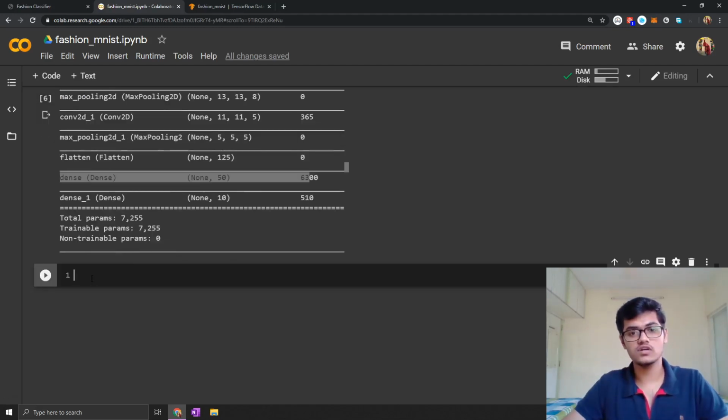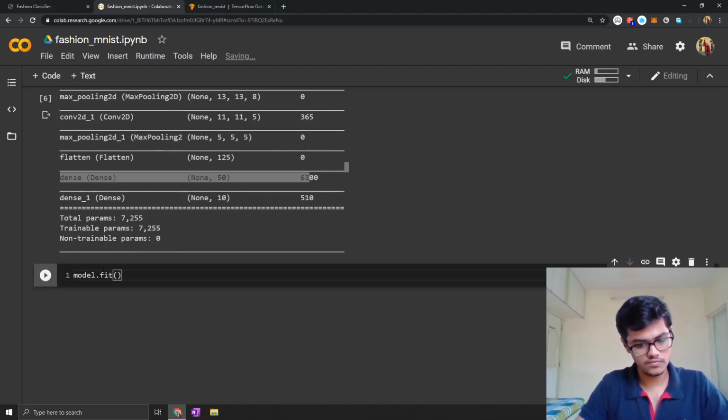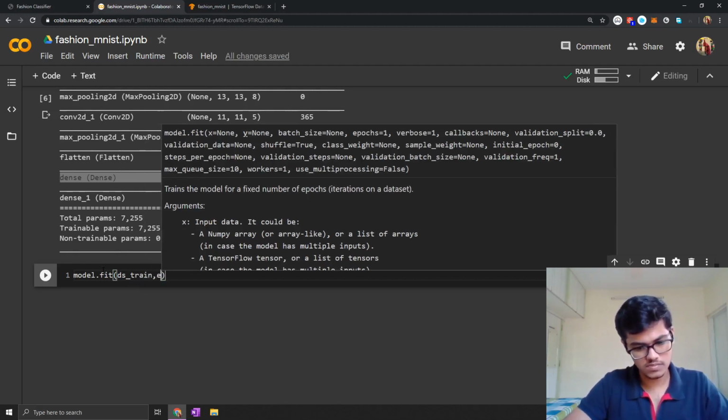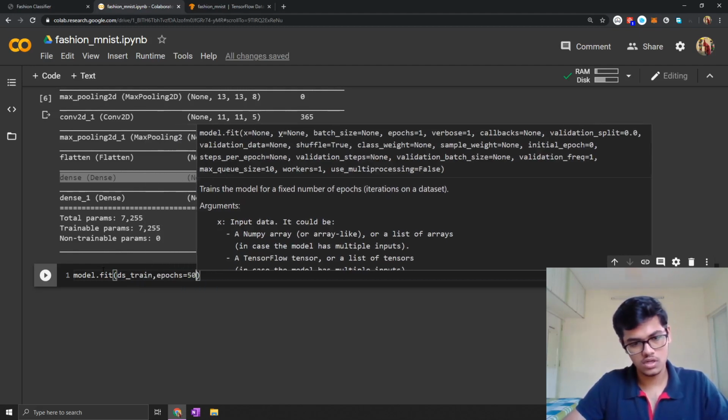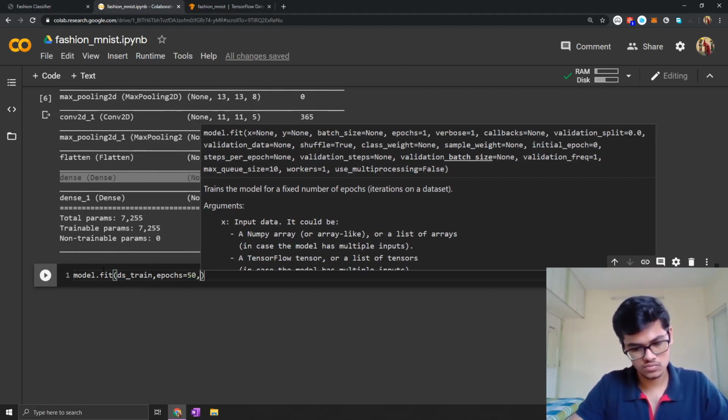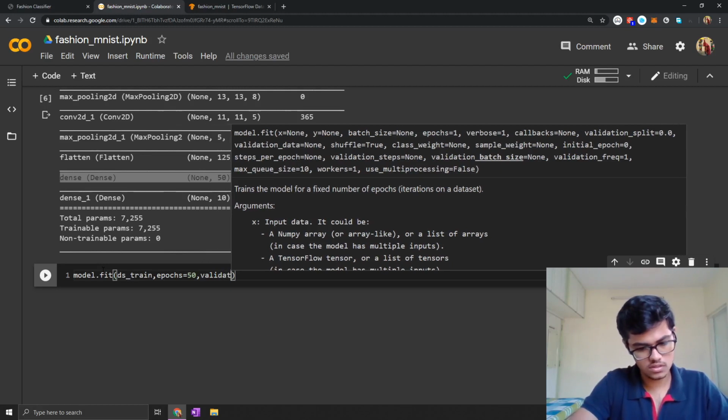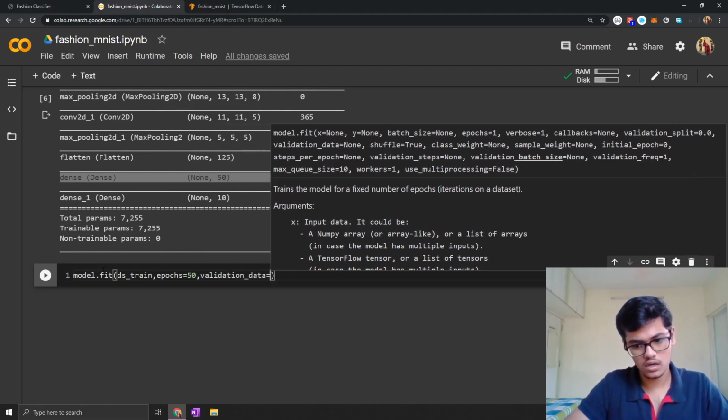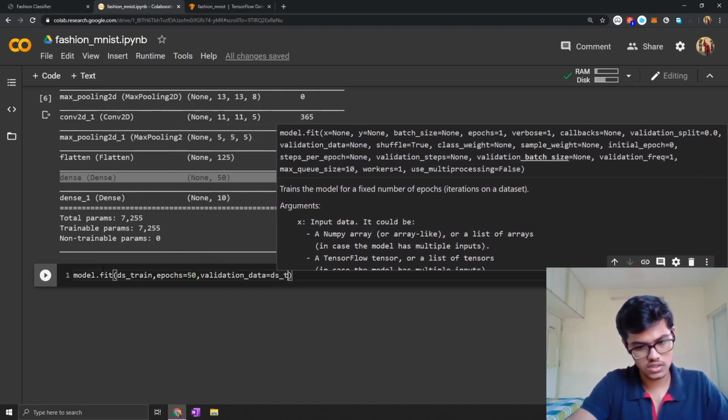Okay, so now we will actually train the model by using the fit method. First we will pass the training data, then we will specify number of epochs. You can change this. I used 50 and it performed well. Validation data is actually the test data.